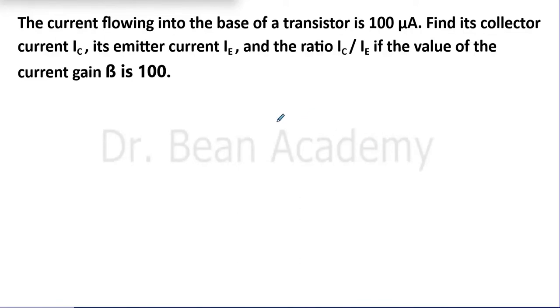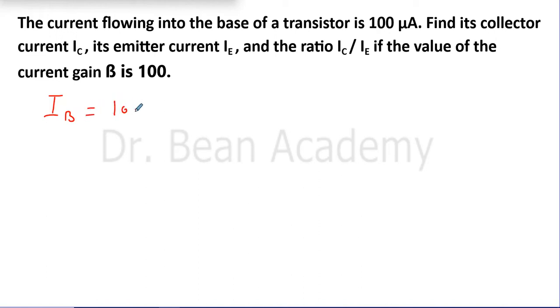Now here is another question. The current flowing into the base of a transistor is 100 microampere. Find its collector current IC, its emitter current IE, and the ratio IC and IE if the value of the current gain beta is 100. So let me write the values I have and then we will see what we can do. So the base current IB